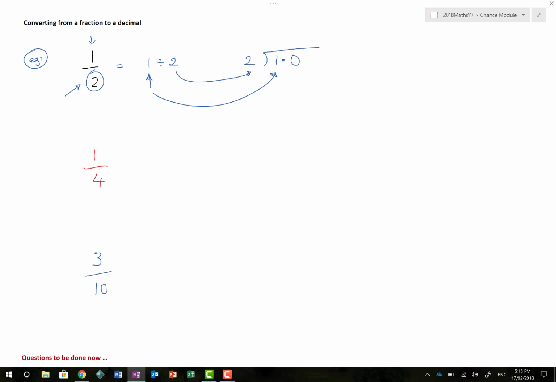But back to this question here. So the first thing I say is, does 2 divide into 1? Does the number 2 go into 1? Well, we already know it doesn't. It goes in 0 times with a remainder of 1. Where did that 1 come from? It came from just here. I moved the decimal point up, and because I've put the 1 here, I can now say